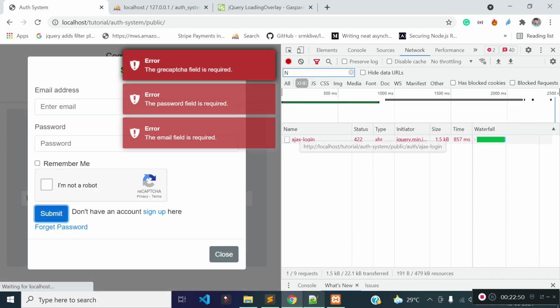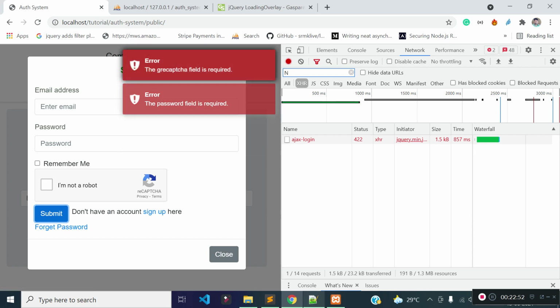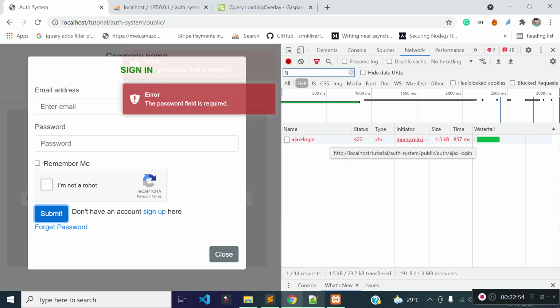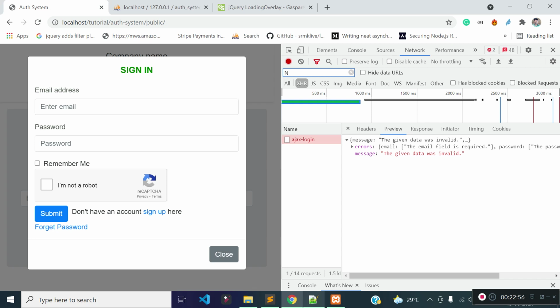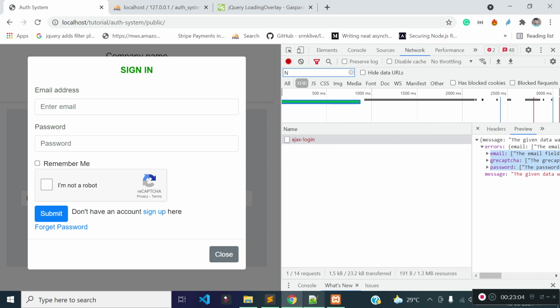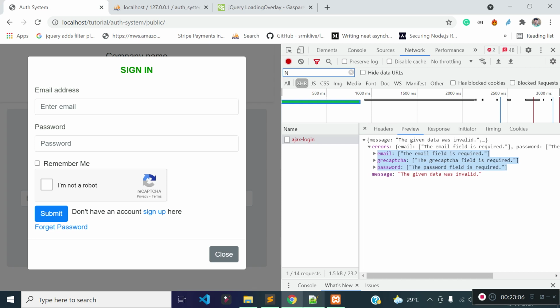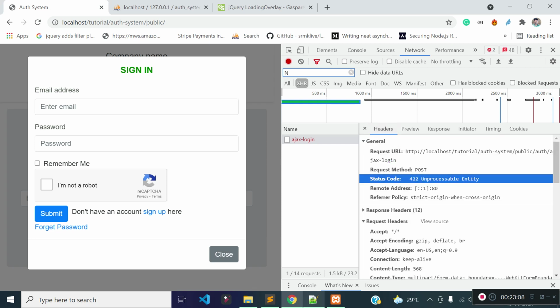You see, I am displaying the error message. Google reCAPTCHA field is required, password field is required. Let's see in the console. Yes, inside the errors object we are getting the error messages for validations like this, and Laravel is throwing these errors in 422 status.